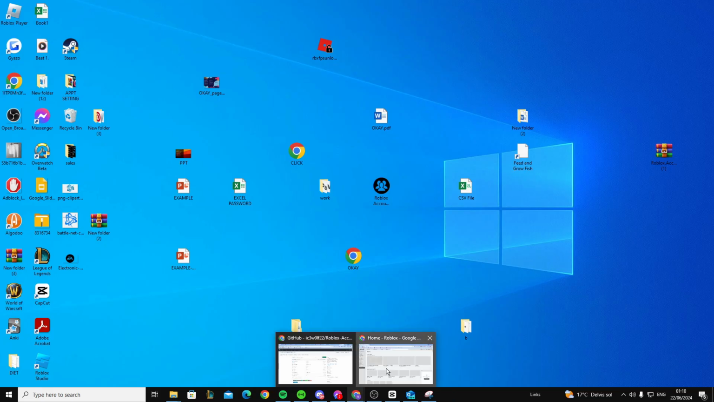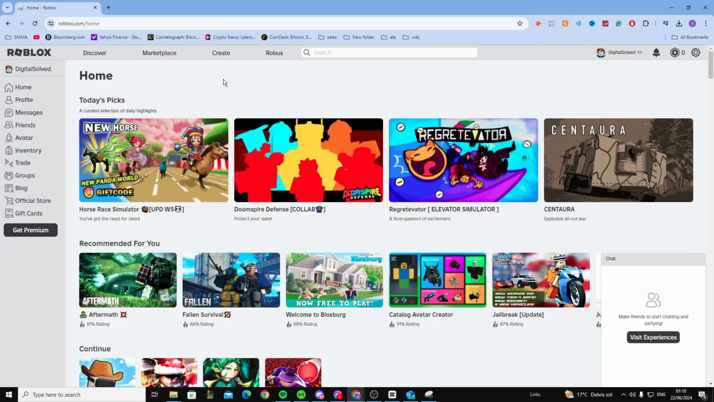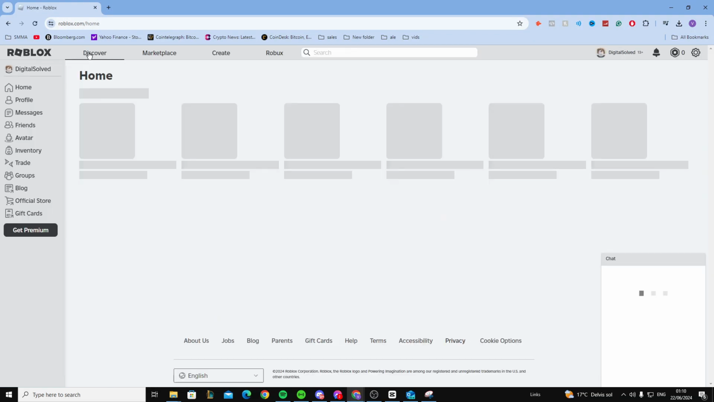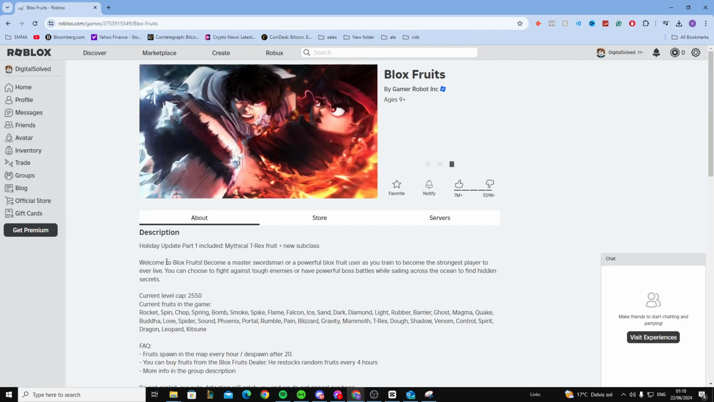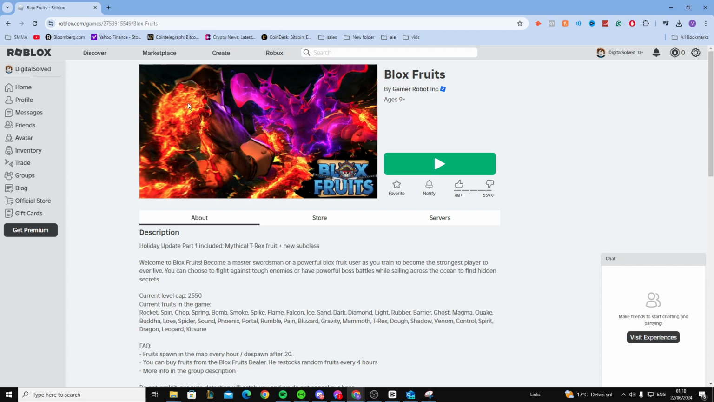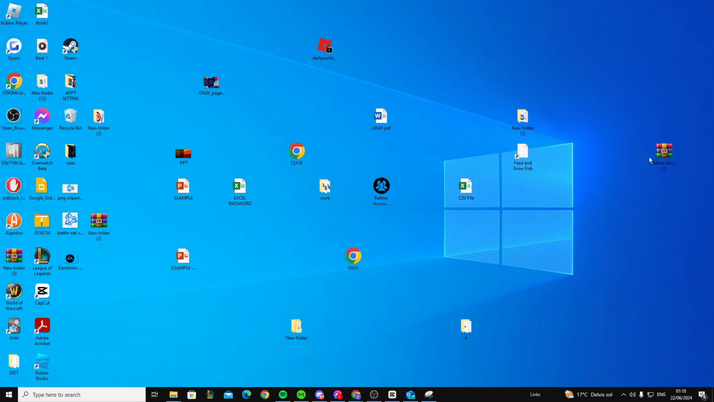Then what you want to do is head over to roblox.com, go find a game, just any game, and then press the play button, and this will relaunch your Roblox and install all the necessary files. Now, if it's still not working, what you can do is find your Roblox account manager, right click on it,